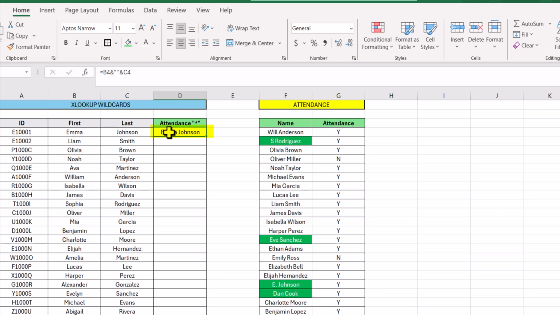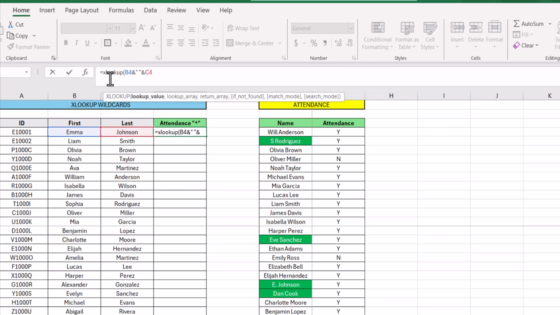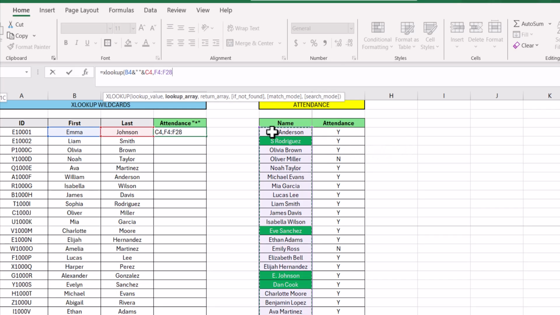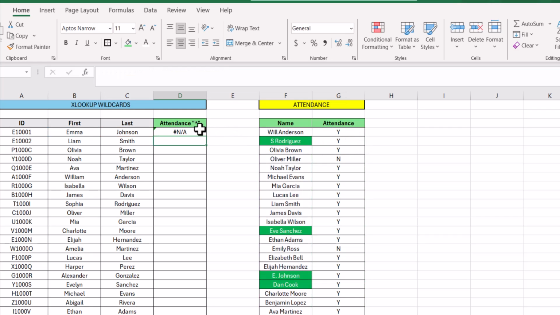So I could go ahead and write the formula like this. I could go equals XLOOKUP, my lookup value, which I've already created, my lookup array, which is going to be the name column. So I'm just going to highlight that, hit F4 to lock it in because I'm going to be dragging that down, and my return array, which is going to be the attendance column. Highlight that, F4 to lock it in, and I could now close out the XLOOKUP formula. This first one will return an NA just because Emma did not enter her name correctly, but if I drag this down, you'll see that a lot of them do work,